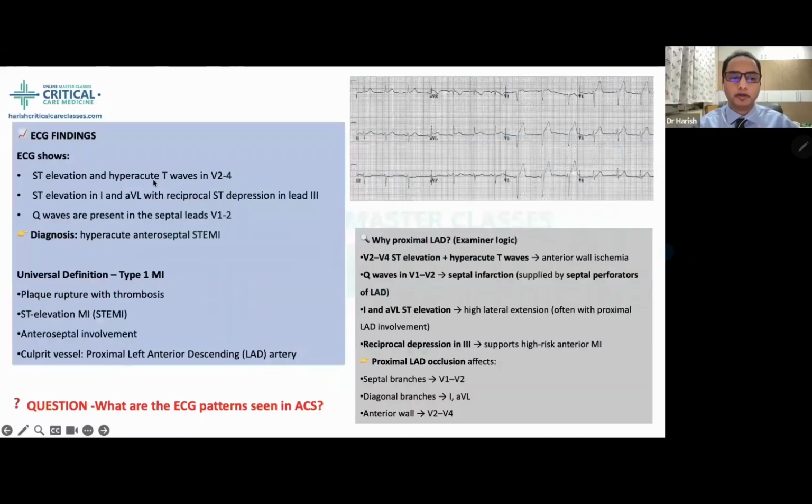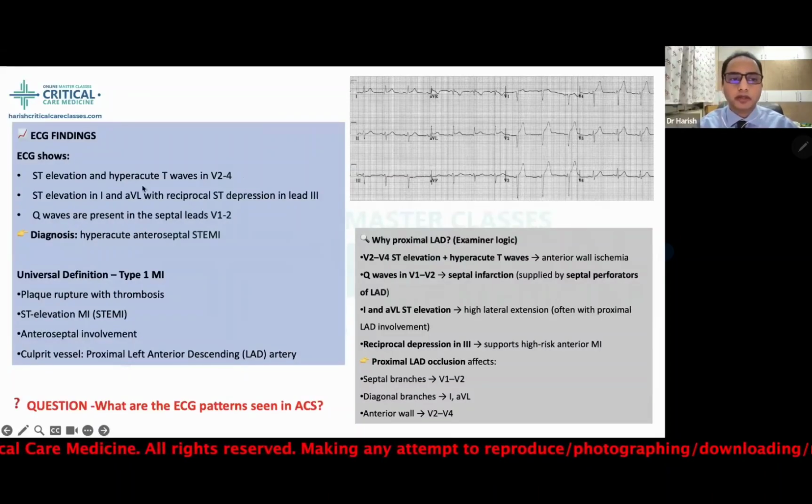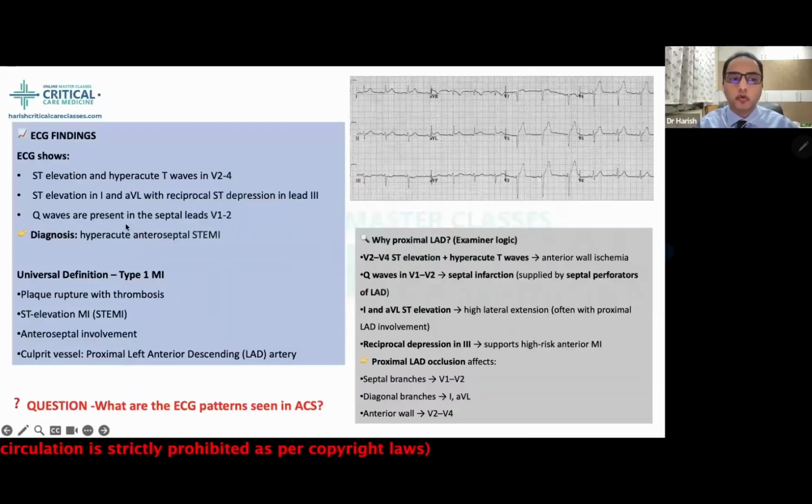Okay. So coming back to our patient, it looks like he is having a type 1 MI, because if you see the ECG, it shows ST elevation and hyperacute T waves in V2 to V4. So ST elevation is there in V2, V3, V4, and hyperacute T waves are there. There is ST elevation in lead 1 and AVL with a reciprocal ST depression in lead 3. If you see lead 1 and AVL, there is ST elevation, and in lead 3 there is a reciprocal ST depression. Q waves are present in the septal leads, that is V1 to V2. Okay, so the diagnosis is a hyperacute